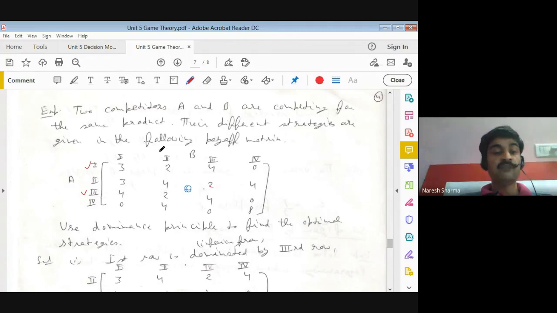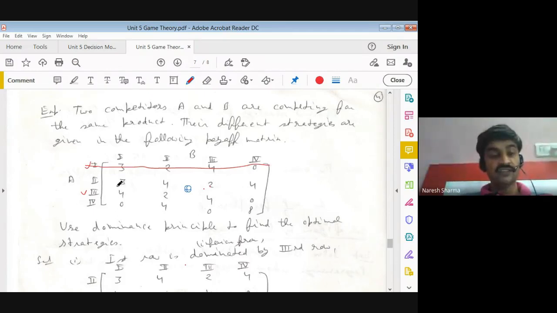So if all elements of your first row are less than or equal to your third row, then we can neglect or remove the inferior row. So we can neglect this row because all elements of the first row are inferior. Now again we can see if any other options are available row wise.